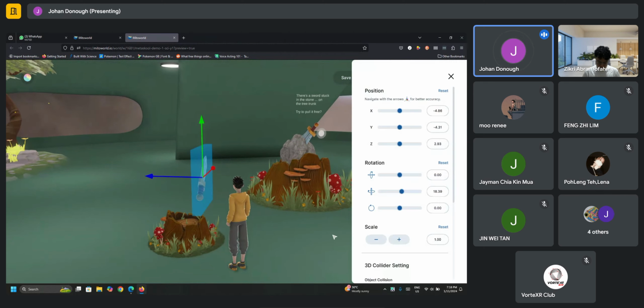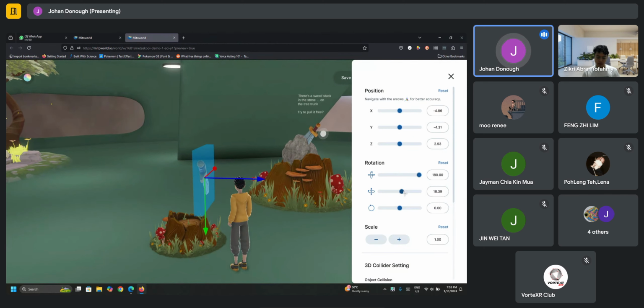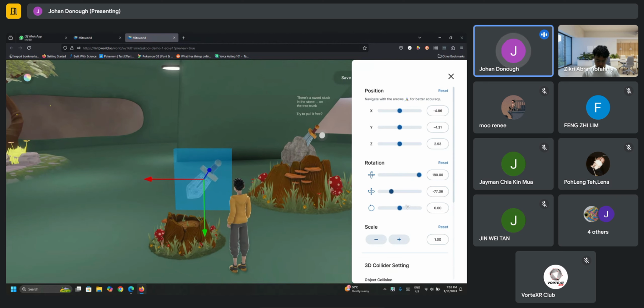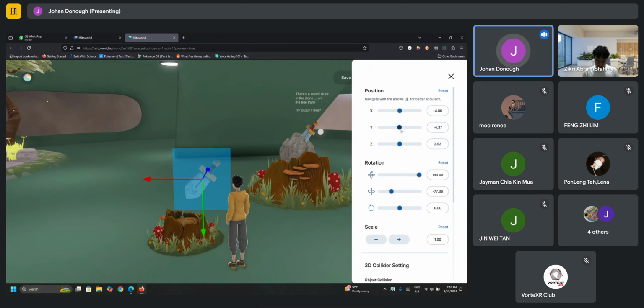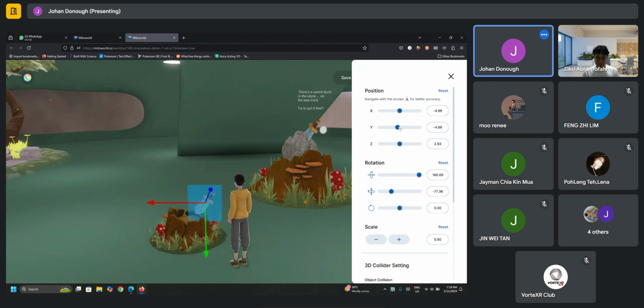Now, remember, we can go into positioning and I can rotate it. So I want it to be upside down so that we can stab the tree. Let me move it over here so that we can see. Then let's stab the tree. Okay, well, let's make it smaller so that it looks like